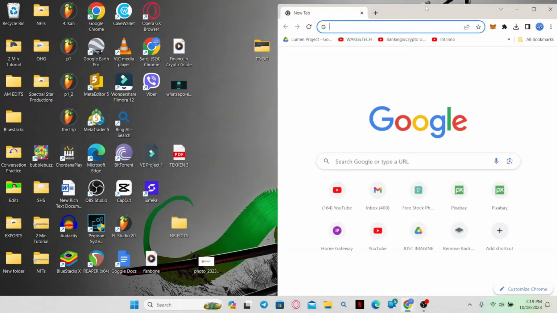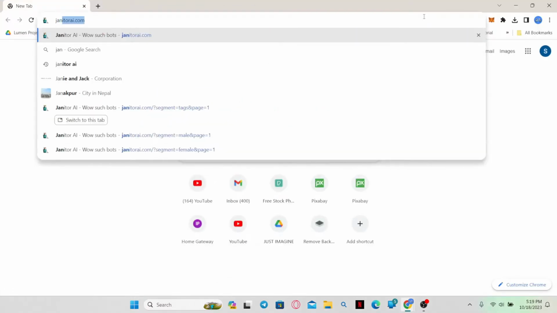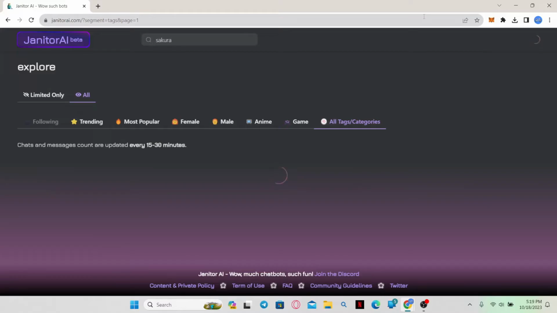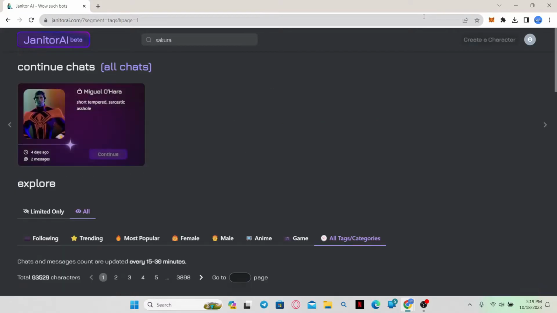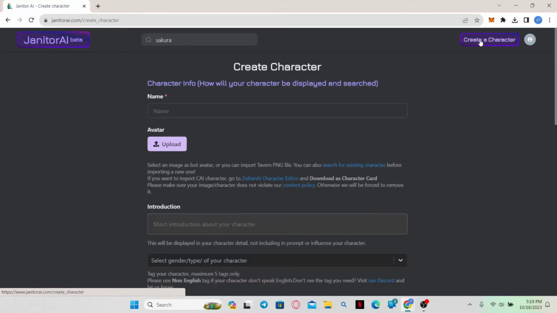First of all, just open up your web browser and then in the address bar type in janitorai.com and press enter. This will now take you into the official Janitor AI website where you can log into your account by clicking on the login button at the top right corner and using your credentials. Now once you are logged into your account, you can simply click on create a character in order to start